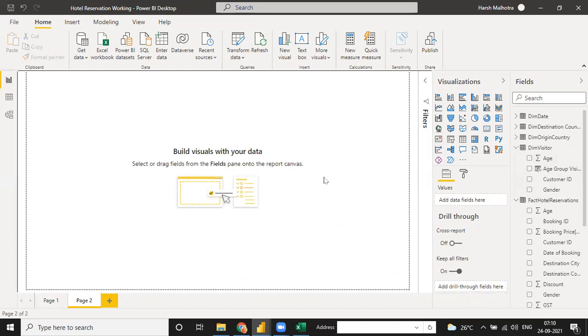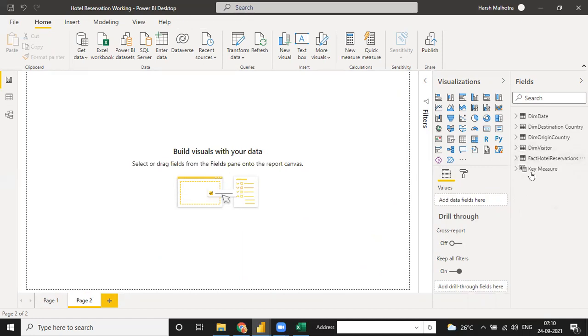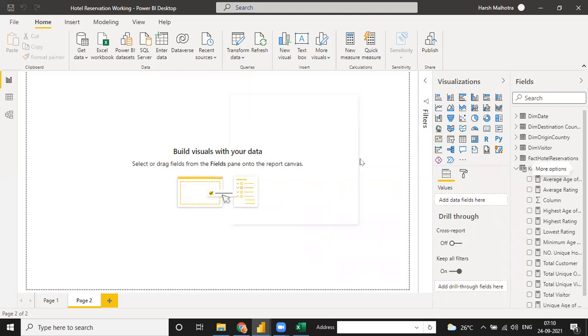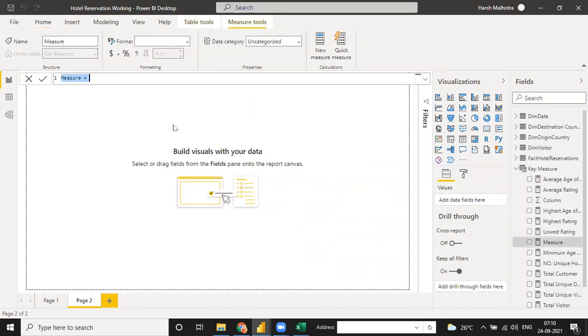So for that you have to just go to your measure table and click on this, add a new measure. See, every time when I do a measure, you have to do a common thing. Measure means you have to calculate a function or calculate something like female. So female in the dim visitor table. Okay. So calculate means the total customer we have already measured. So out of total customer, we need only the female.